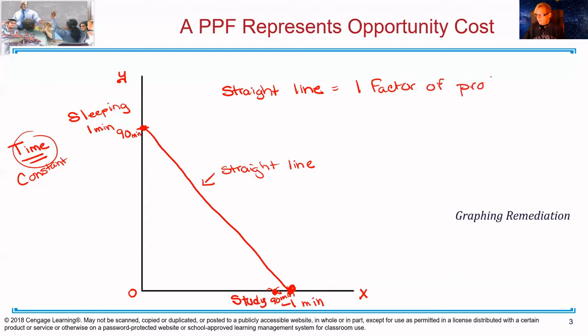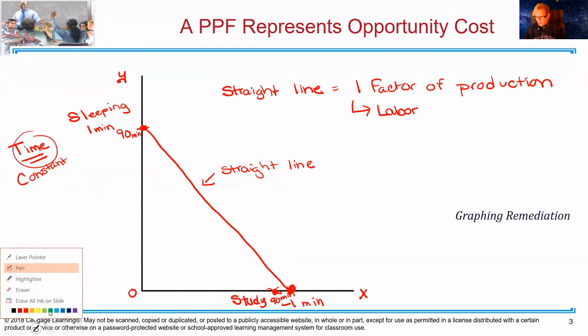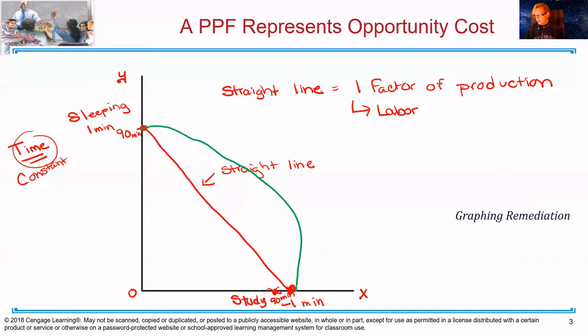So most of the time in your examples, the factor of production that you'll be measuring and looking at and graphing is going to be labor. Okay, now we could also use land, we could also use capital, but most of the time in your problems it will be labor. The production possibilities frontier will look different if you are measuring more than one factor of production. If we were measuring more than one thing versus time, the production possibilities frontier would be a bowed out shape. So it's going to be bowed out